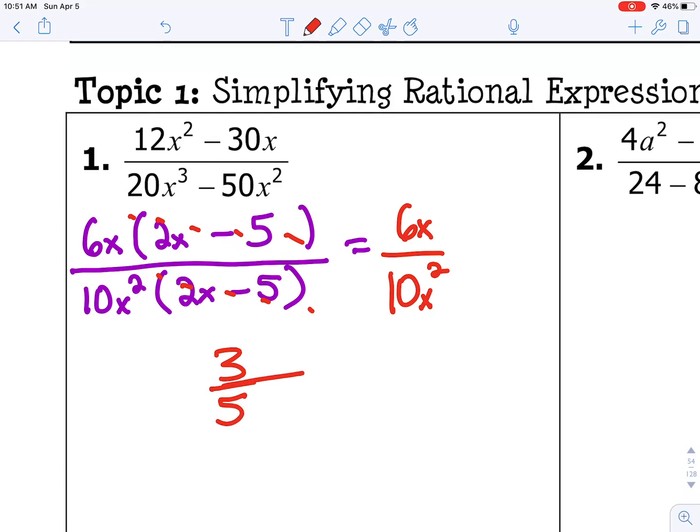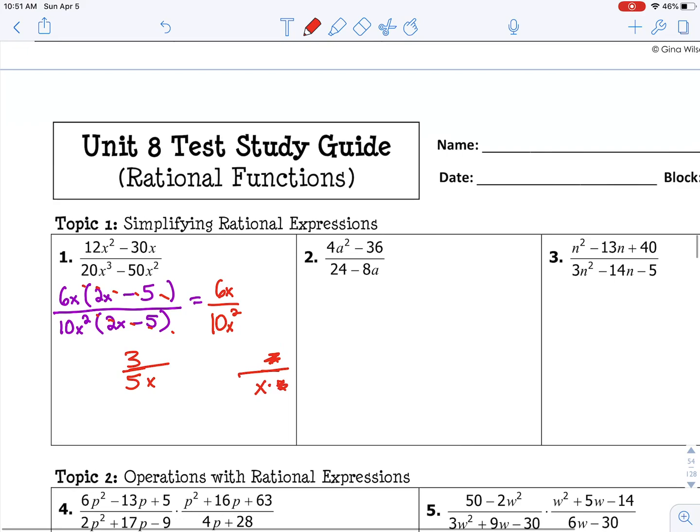And that leaves us with 1x on the bottom, because we have x over x squared, right? So these two would cancel, and you're left with just an x on the bottom. Okay, so that's how number 1 works. I would also attempt